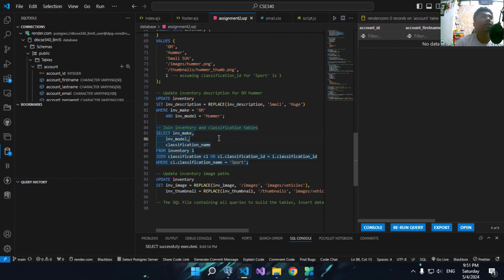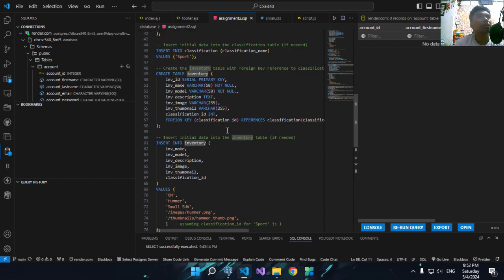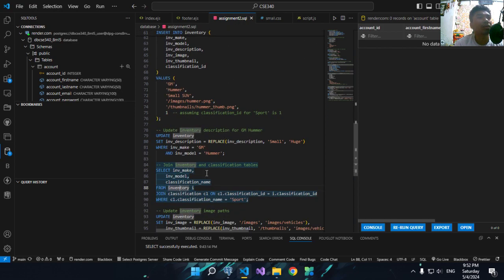So this is the selection of what should be replaced. So what is the specific selection of the data table or data column, from the inventory, or what we call the table inventory.